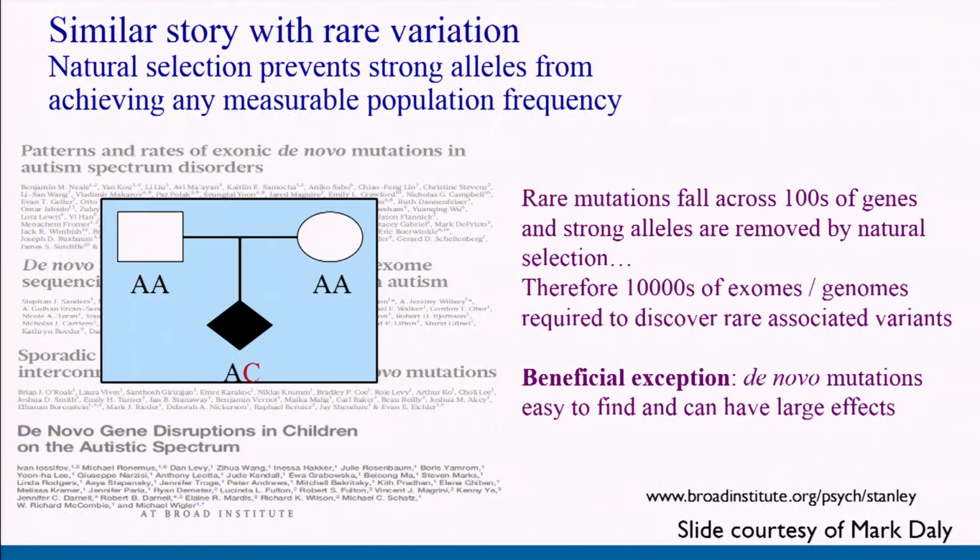So a similar story with rare variation exists in that any large effect, rare variant will be pushed out of the population over time. But the exception to this are things that we call de novo mutations. De novo mutations are genetic variants that are new to a person. They're not seen in either of that individual's parents. They're mutations that occurred in the formation of a sperm or an egg cell. Because those mutations are new to that individual, selection has not had an opportunity to act on them. So you can have a de novo variant with a very big effect on a very reproductively deleterious outcome,